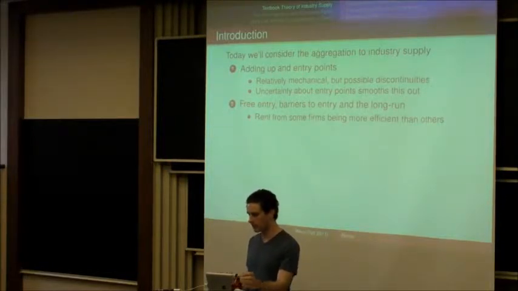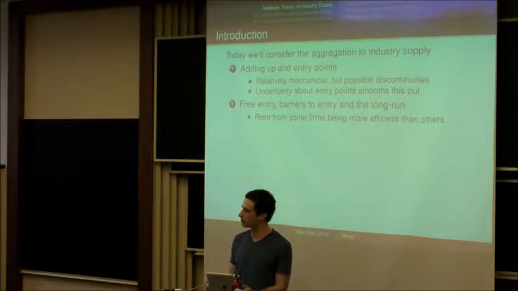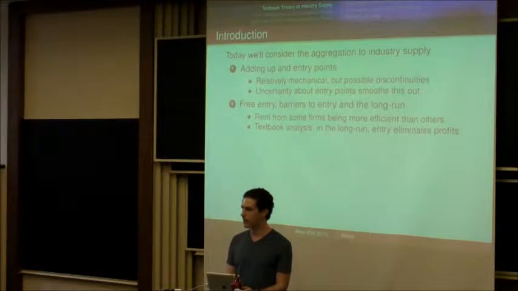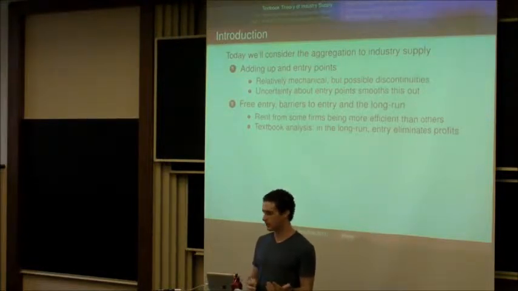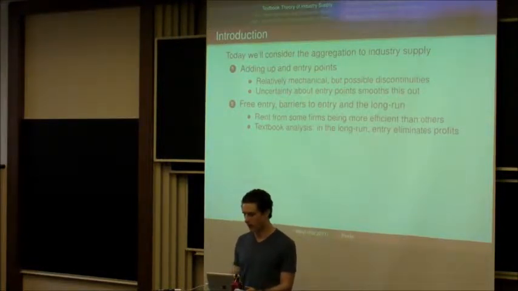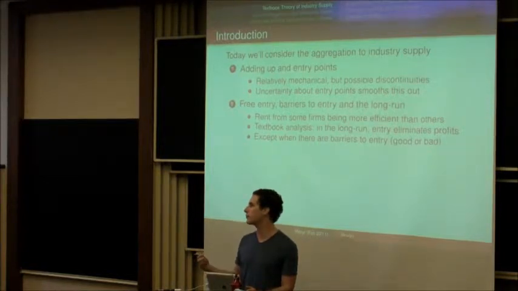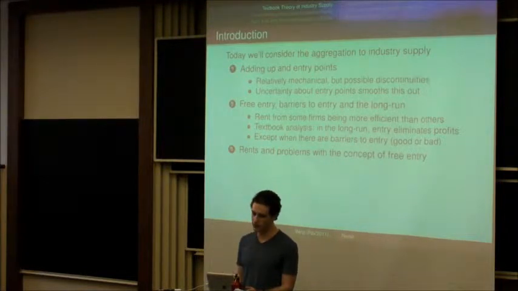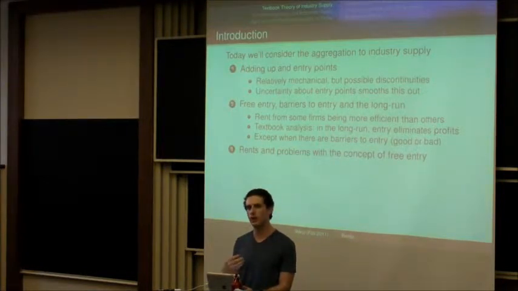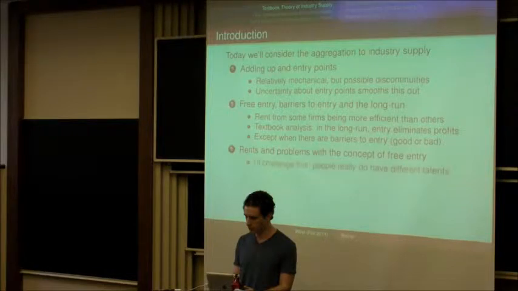And in particular, we'll emphasize how some firms are able to earn a profit, gain a rent, by being more efficient than other firms are. And we'll contrast the textbook analysis of how in the long run the entry of new firms eliminates profits, except when there are barriers to entry, to a perspective that I'm going to emphasize, which is the importance of differences between different producers, that some are more efficient than others, and how that generates rents,